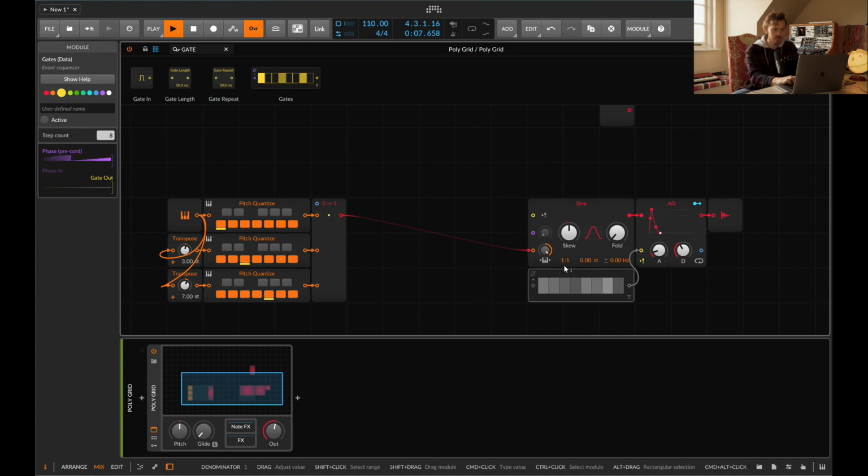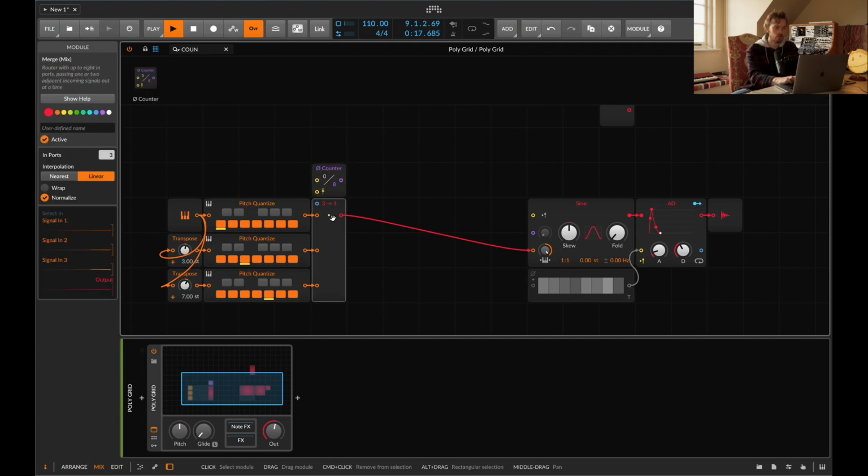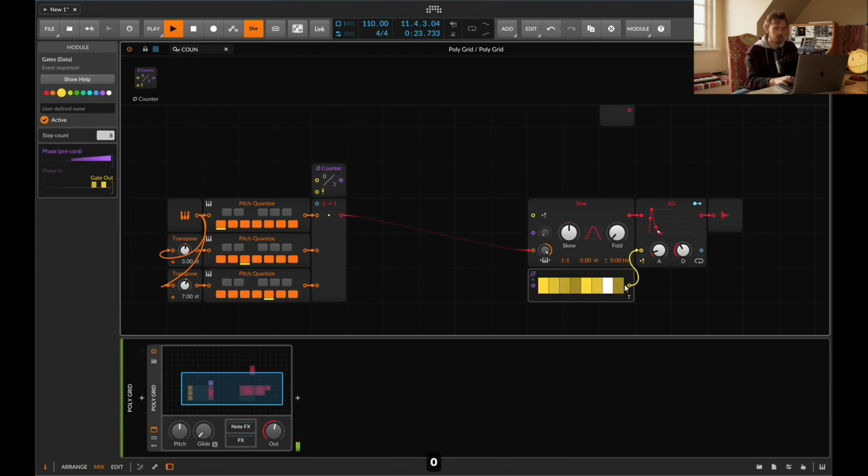The point of that is it means that we will only progress to the next stage when there has been a new note. The way that we can do that is by taking a counter, and seeing as we have 3 outputs here, we change the counter to 3, and then we can attach up the output to the counter. And as soon as we then attach the counter to the select in,